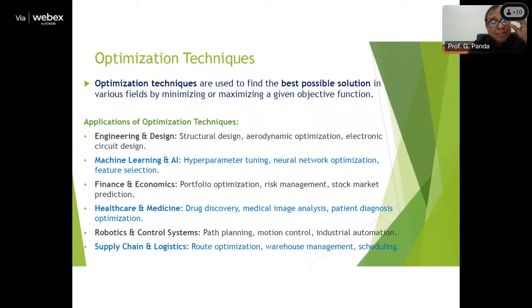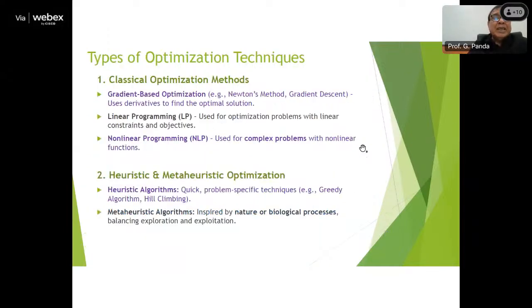In healthcare and medicine, for example, drug discovery, medical image analysis, patient diagnosis, optimization plays a crucial role. Robotics and control system, path planning, motor control, industrial automation, etc. Supply chain management, route optimization are a few examples where recent optimization techniques can be beneficially applied. Optimization techniques also find many applications, but very, very important,